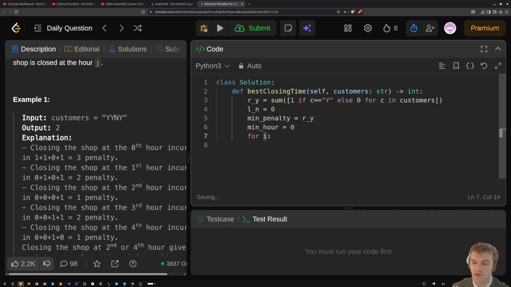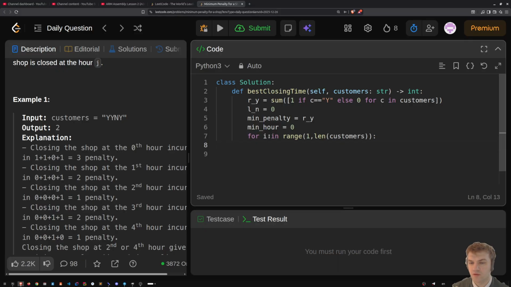Then for i in range from 1 to len customers plus 1,